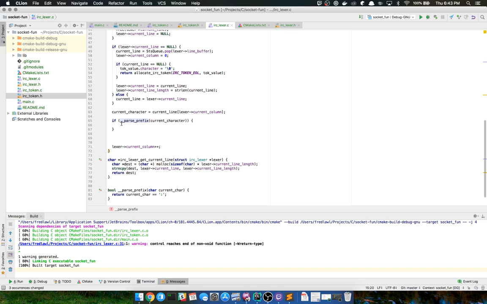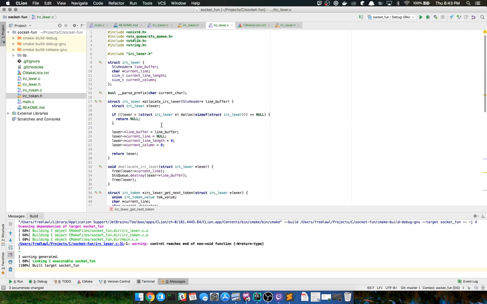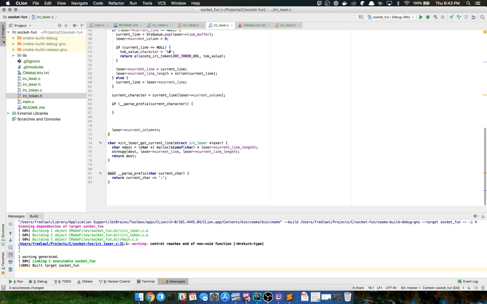What I might do instead, so I think I might instead just try to have this return a token for me. So that way I don't have to check for bool and then do some crazy thing to return the token from here.